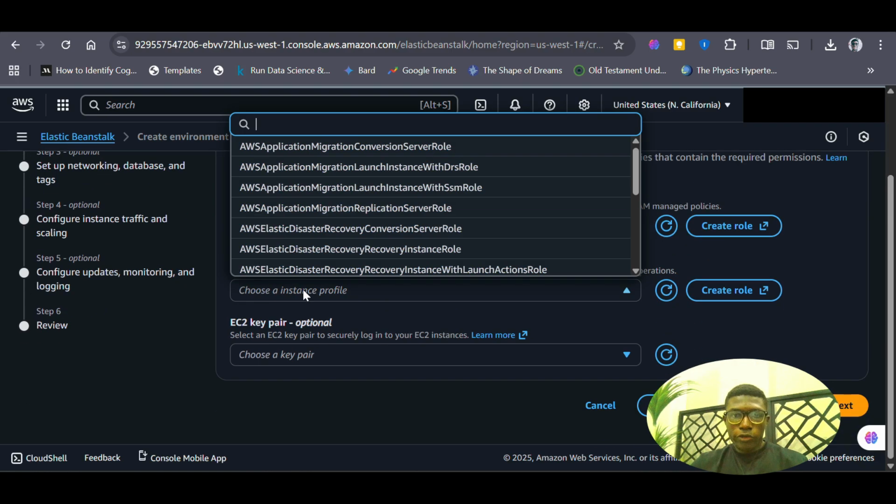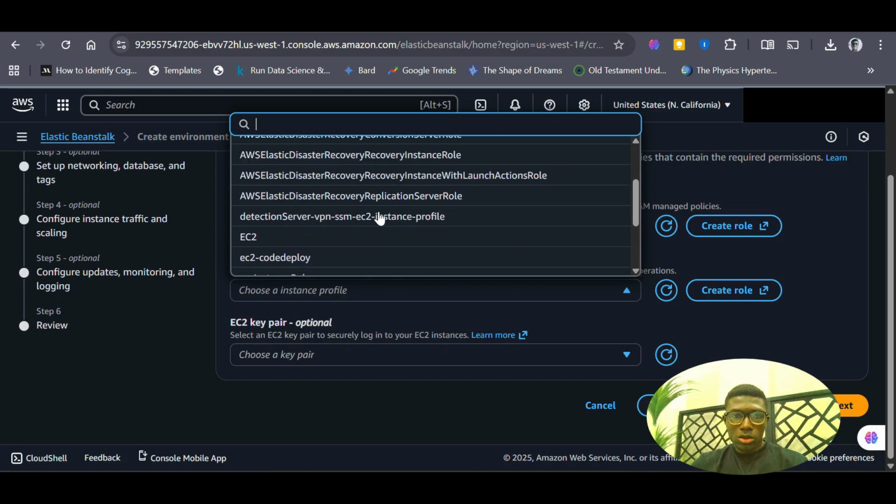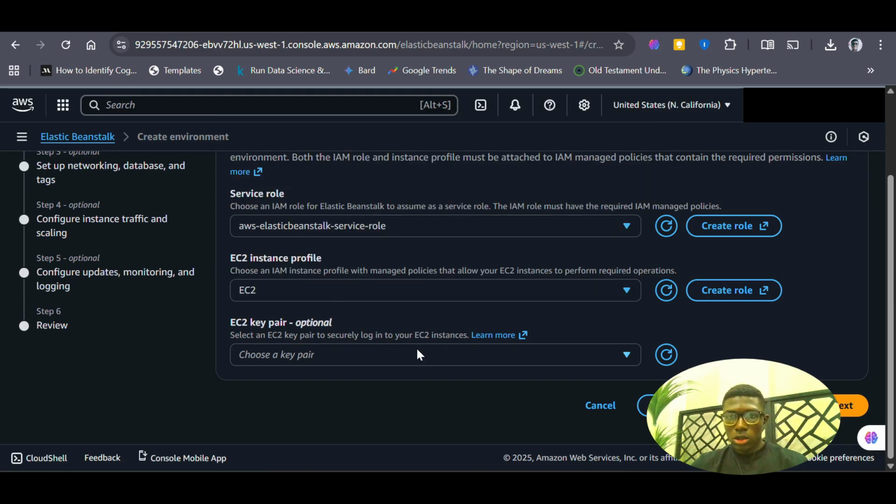So for the instance profile, I have one EC2 instance profile here that I'll also be using, but if you don't, just come here, create one, refresh this, and it's going to appear here. And basically you would give it policies that allow your EC2 instances to perform required operations. In this case, we don't need much,